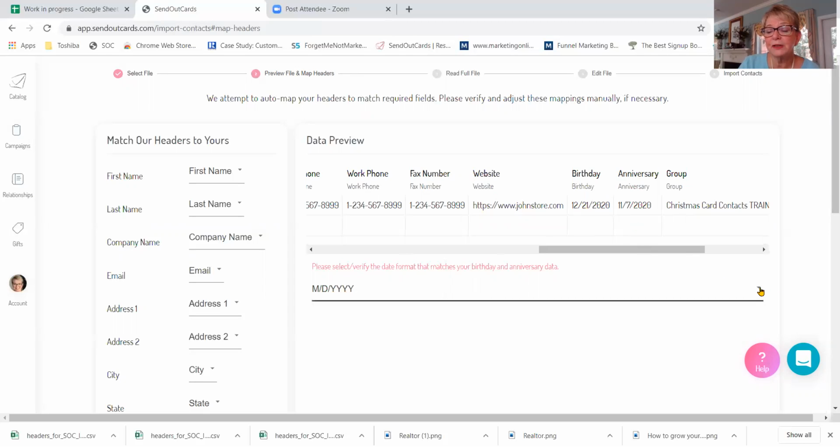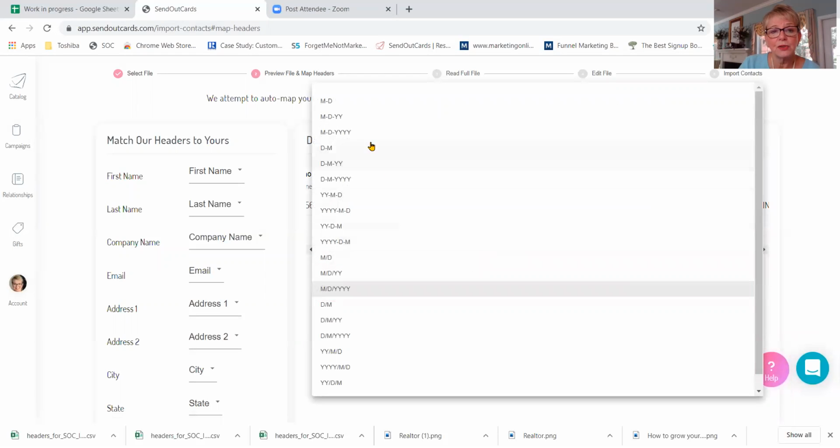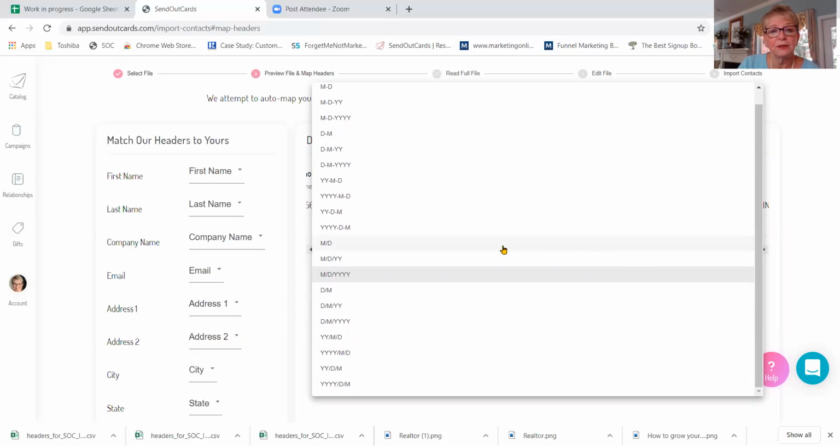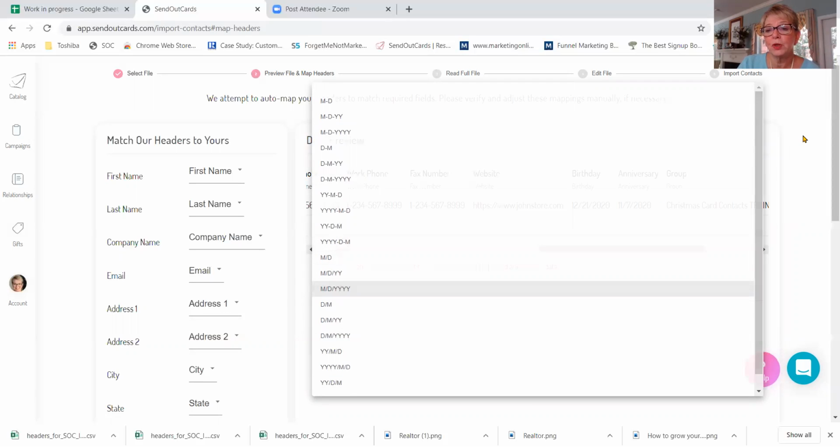If it was different, there's this arrow here on the right-hand side, click that, and there's a number of different ways that we could put that in. For instance, instead of the slash, it was just a dash, we could use that. Or if you wanted to put the year first and then the date and the month, there's just all different types of ways that you could do that,